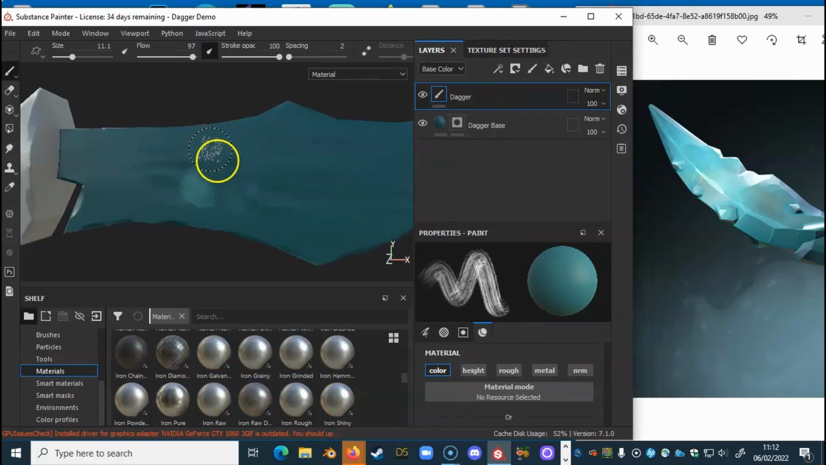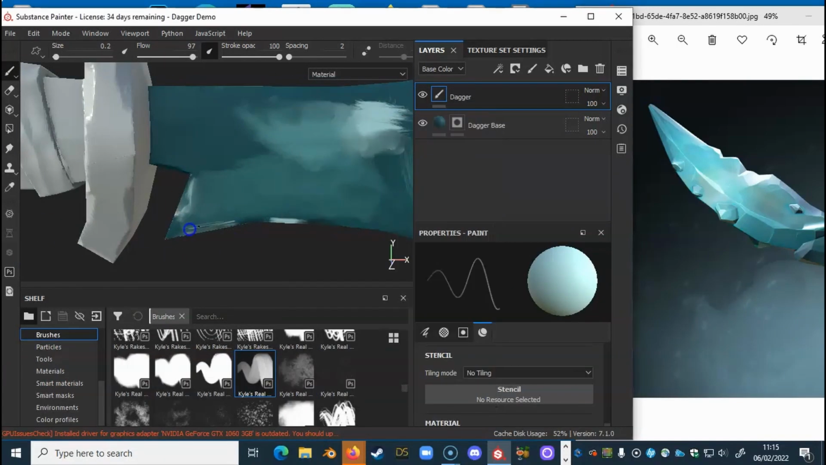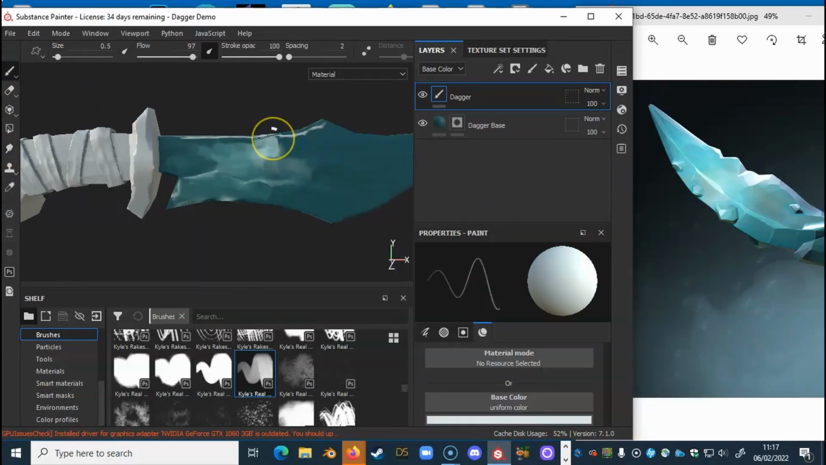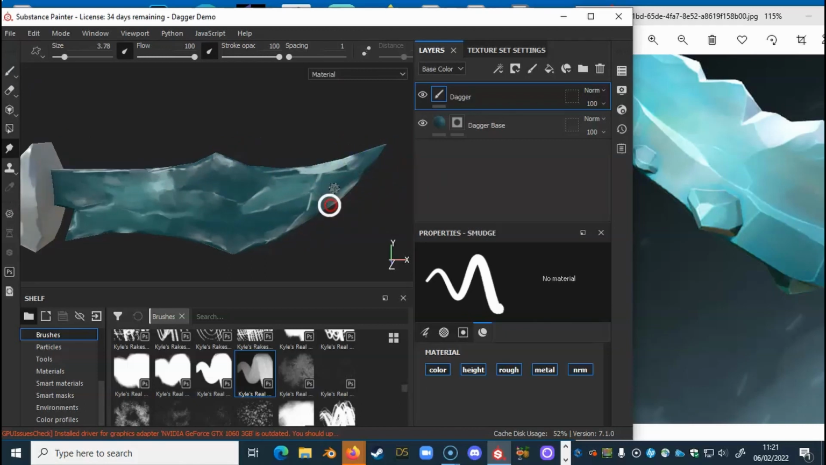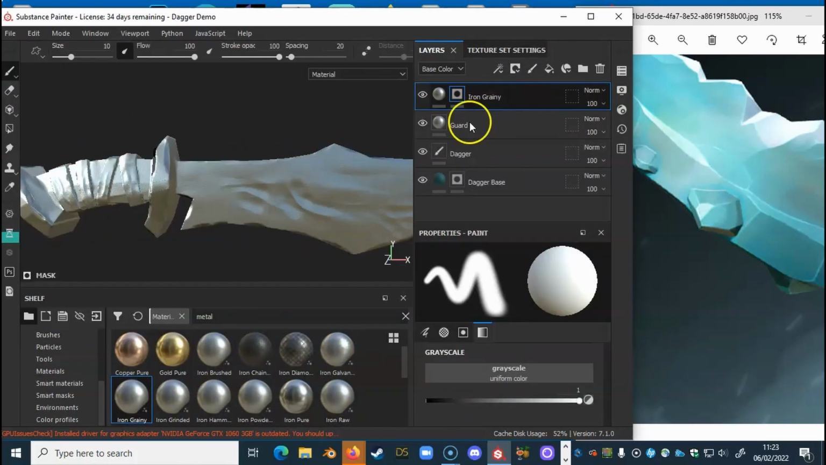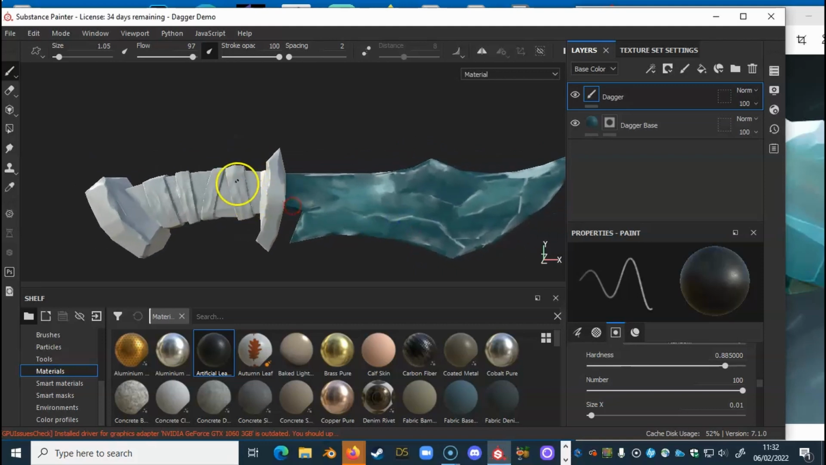Okay, so I'm basically just starting to paint into it. At this point I'm going to start using the Wacom brush. Okay, so once you've created the blade, we're ready to move on to the guard area